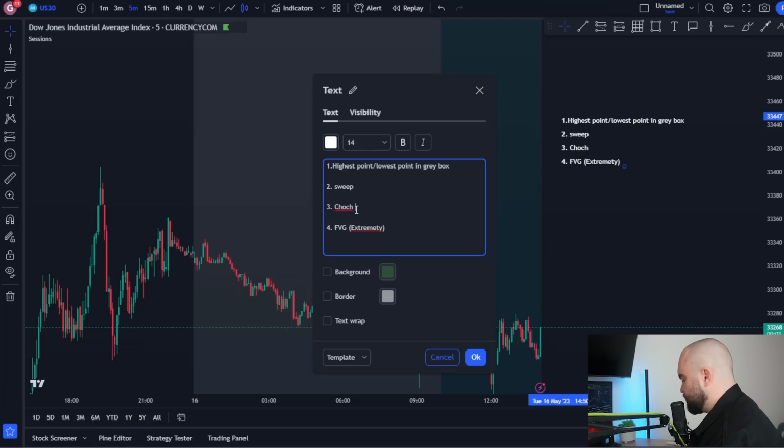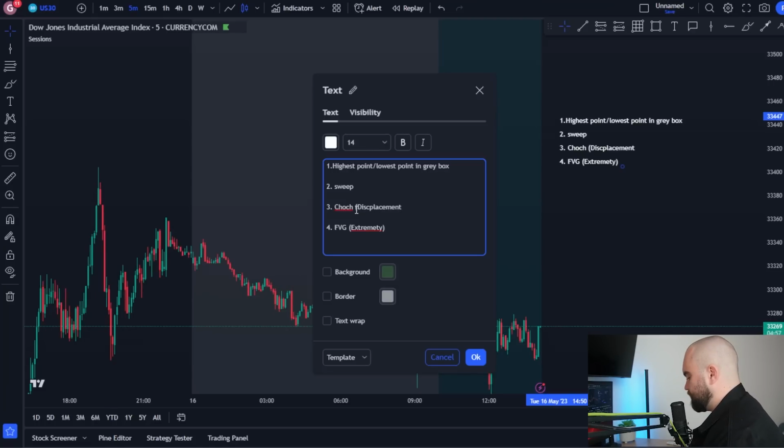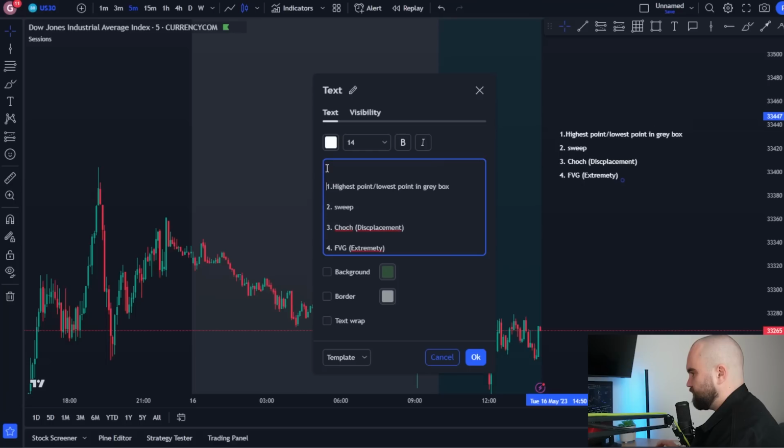Now, there must be a displacement with the change of character. And what that means is that there needs to be a good push when price changes character as well. And it must break structure, that's what a change of character is. Once structure is broken and the previous swing is taken, and we're going to trade this on the 5